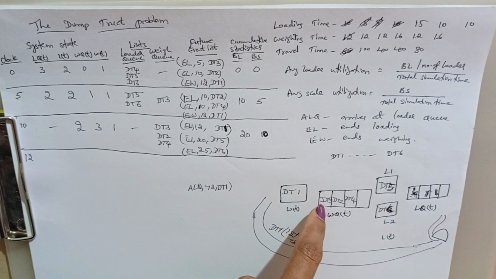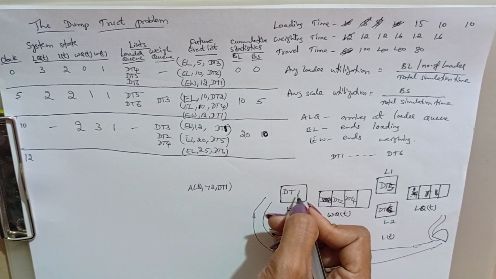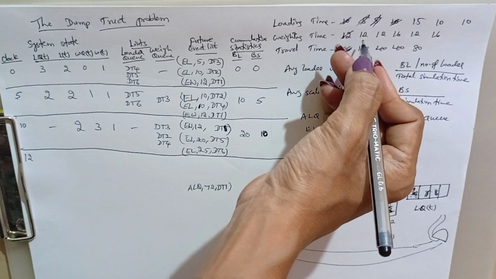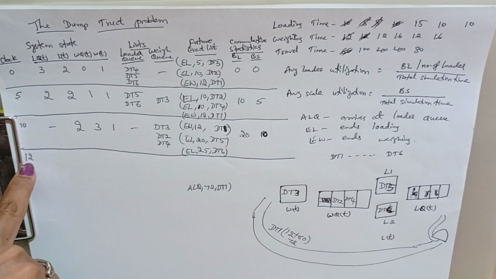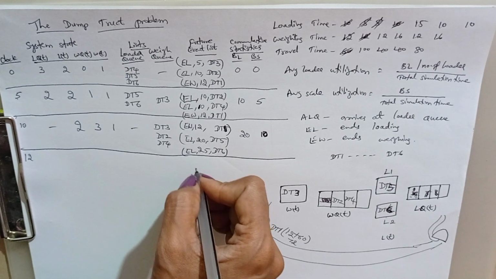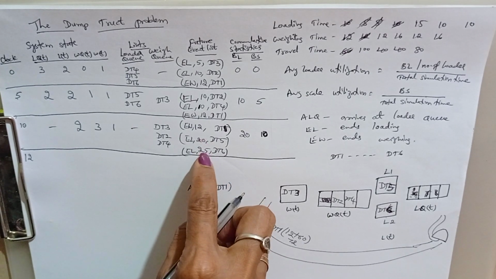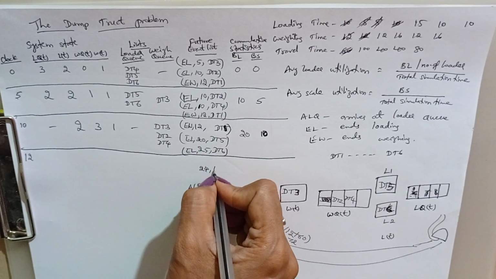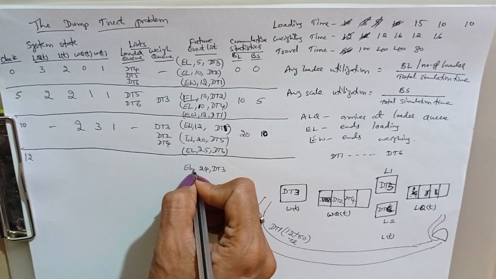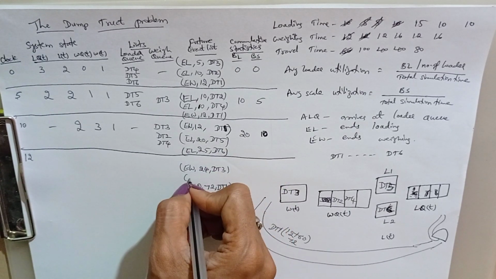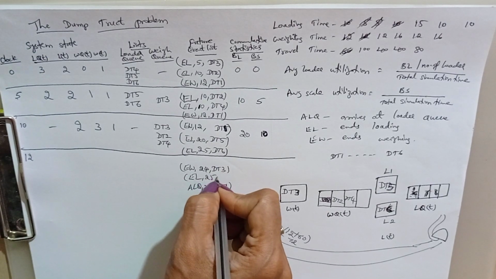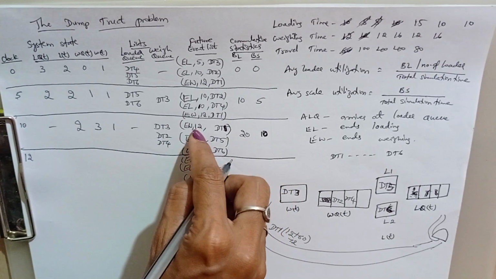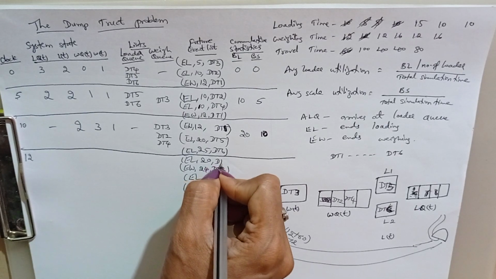Now here truck 3 is the first come first served. So remove this and give weighing. What is the next weighing time? It is 12 minutes. Now the time is 12, 12 plus 12, 24. So here actually 20 and 25 are there. In between we need to write 24. 24, truck 3 completes weighing, ends weighing, and the remaining 2 as it is. EL 25, truck 6, as well EL 20, truck 5.